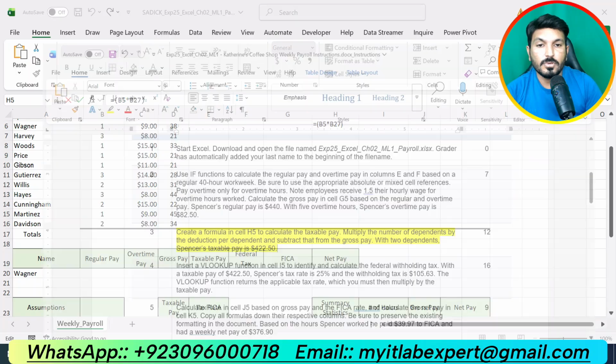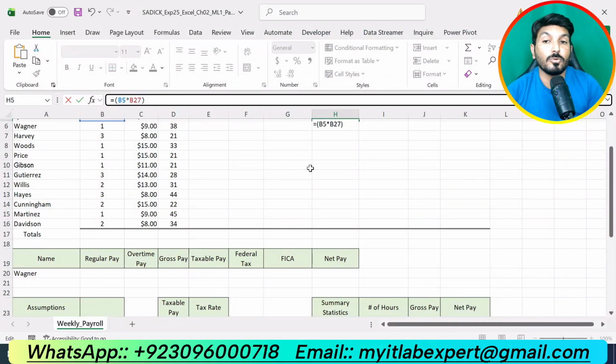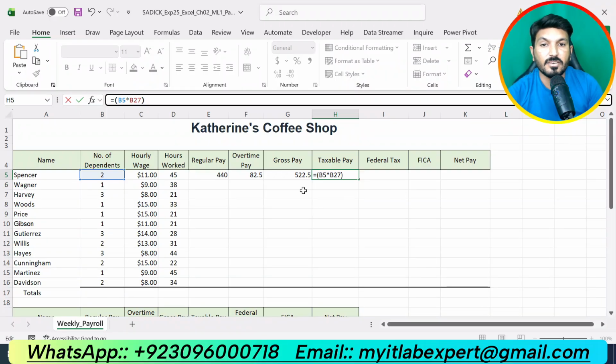Then we are supposed to subtract this result from the gross pay. Gross pay is given in cell G5. So we are going to subtract the number of dependents multiplied by the deduction per dependent. We will get a result, and we will subtract that result from the